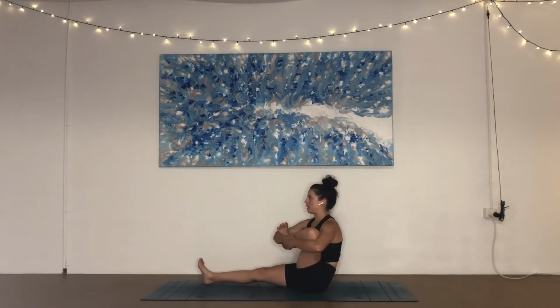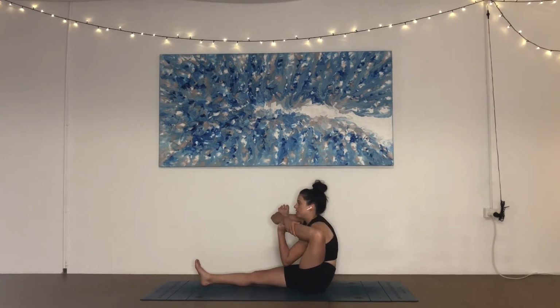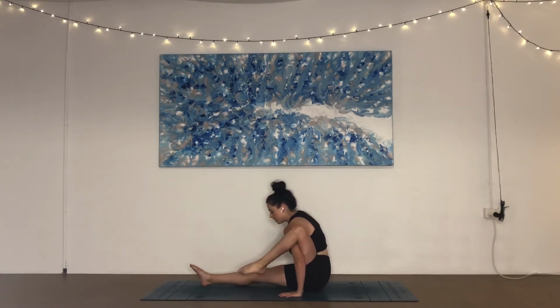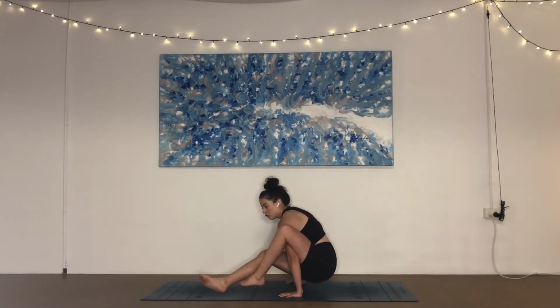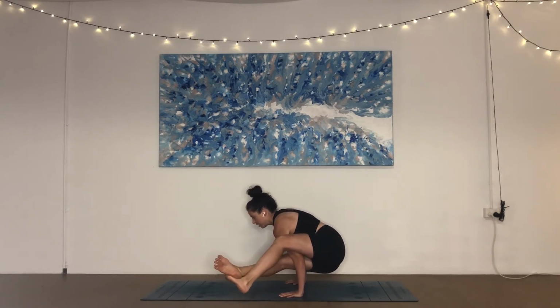And then from here, if you want to take the arm balance, you're going to thread the left arm through, left knee over the left shoulder, plant the hands beside you. Maybe you can pick the butt up, maybe you can cross the right foot over the left and hold it here for 3, for 2,